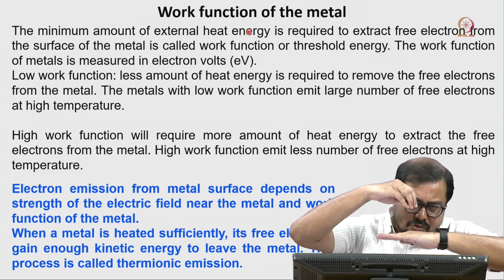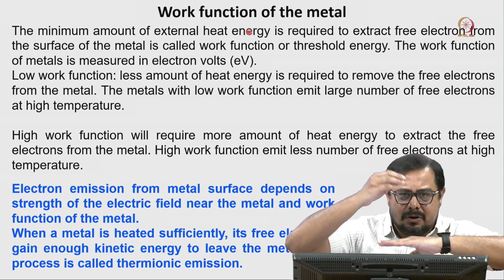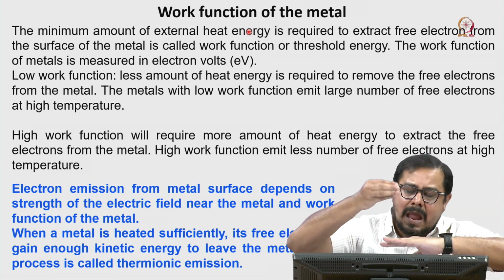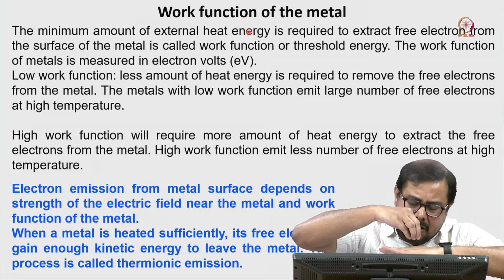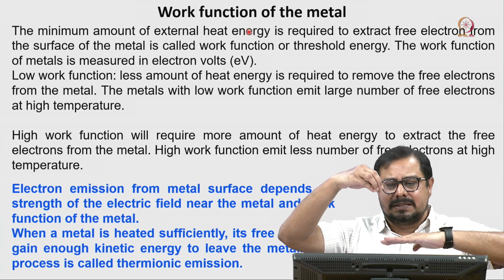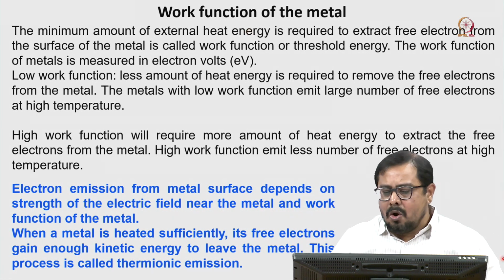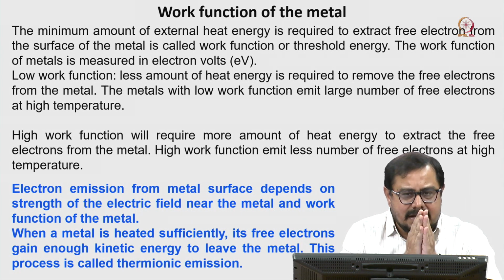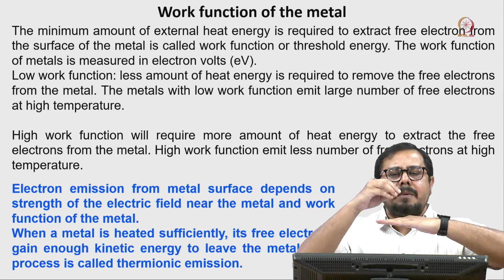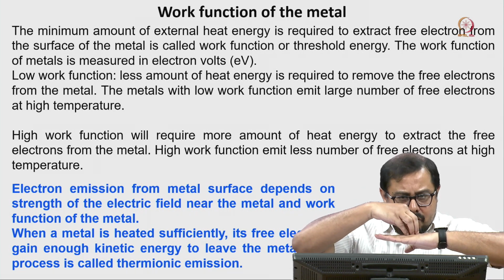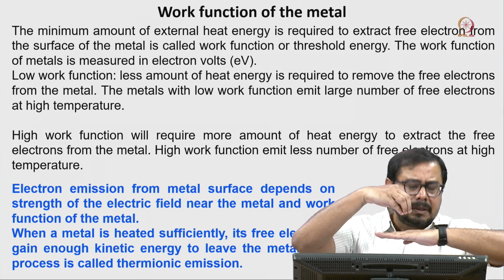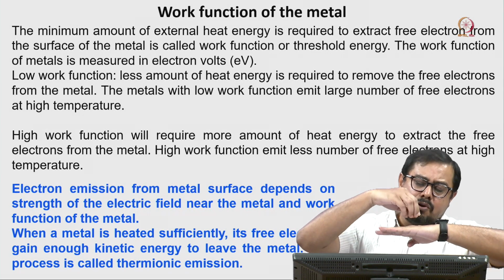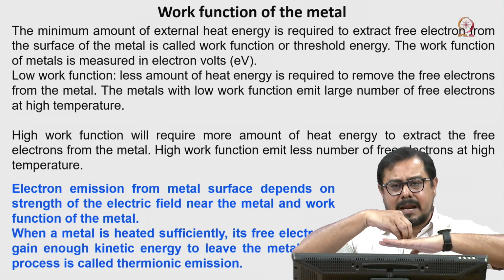Due to this charge difference, the metal will attract that electron again, and the electron will go back to the metal. So, the electron cannot detach from the metal easily. What is required? We need a minimum amount of energy, it may be heat energy or light energy, where the electron will detach from the metal, and it has enough energy, it has no velocity, and it will not go back to the metal ion.